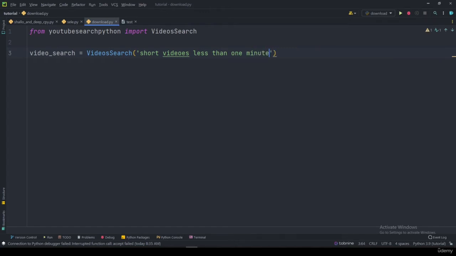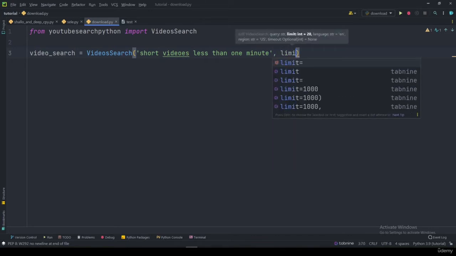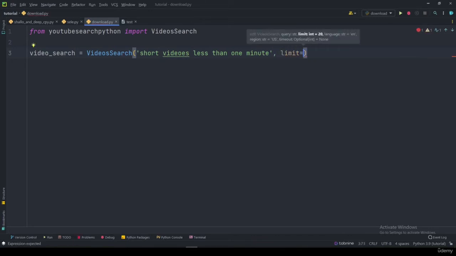I'm searching for this because these are short videos, so they will download fast, and it's better. Now we are also going to be passing in an argument called limit, and this is the number of videos we want based on the subject. So let's say 5 videos, or just say 1 video in this case,